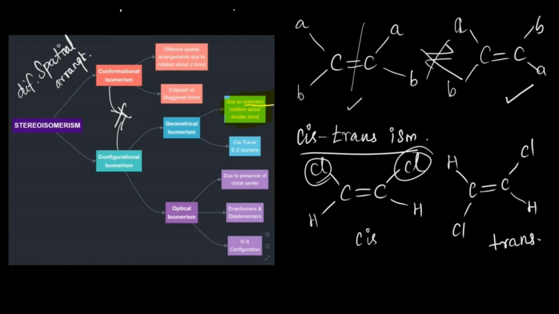As simple as that. I'm having a double bond. I'm having similar groups which are attached on the same side, then that is cis. If that is attached on the opposite side, then that becomes trans. Okay? Similar group, note it down. What about the other